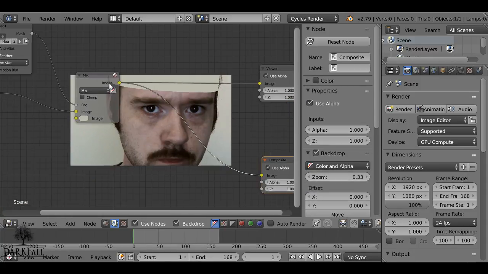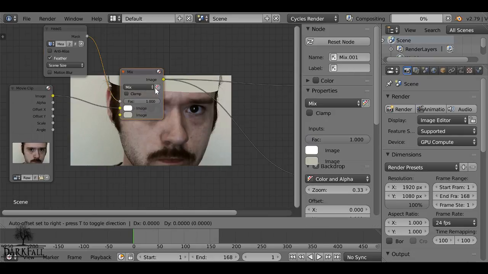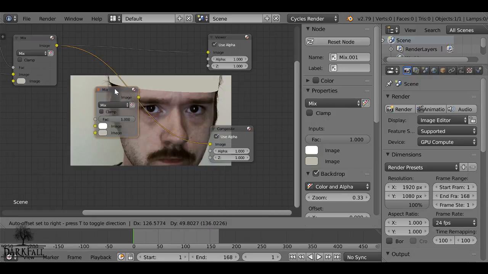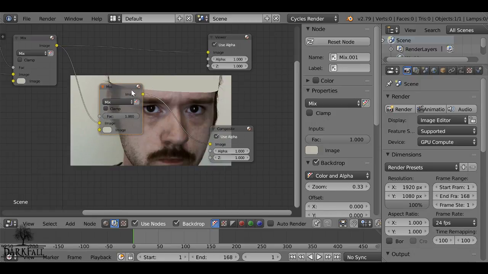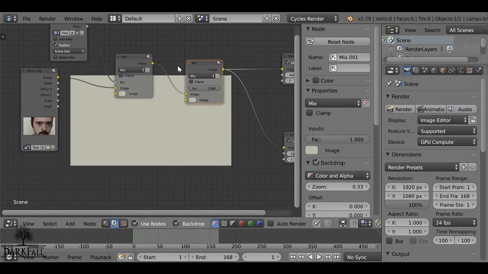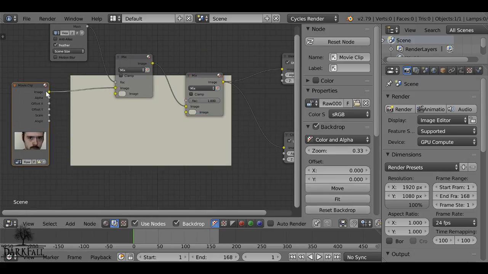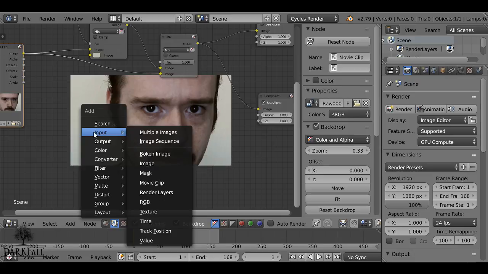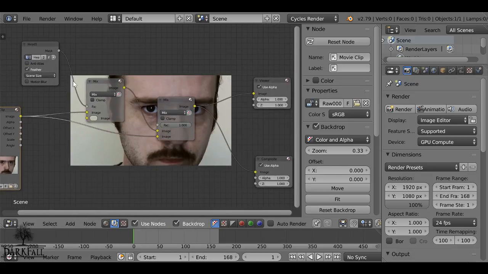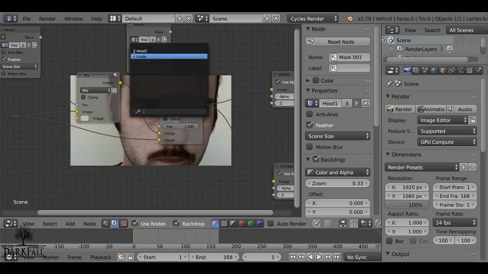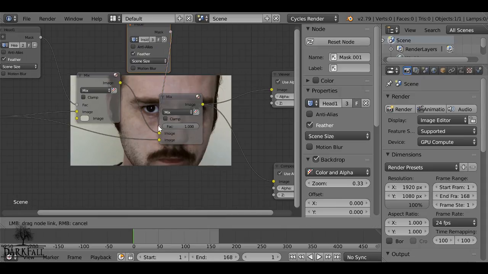inside of the head. So to do that, just Shift D, duplicate this. I'm going to drop it onto the composite node here, so then I can just press Control Shift and left click, which is just an easier, time saving way, I guess. Now I'm going to plug in the movie clip image into the bottom here, and then if we go to input, in fact what we could do is just copy this mask here and then change it to inside. We get this,